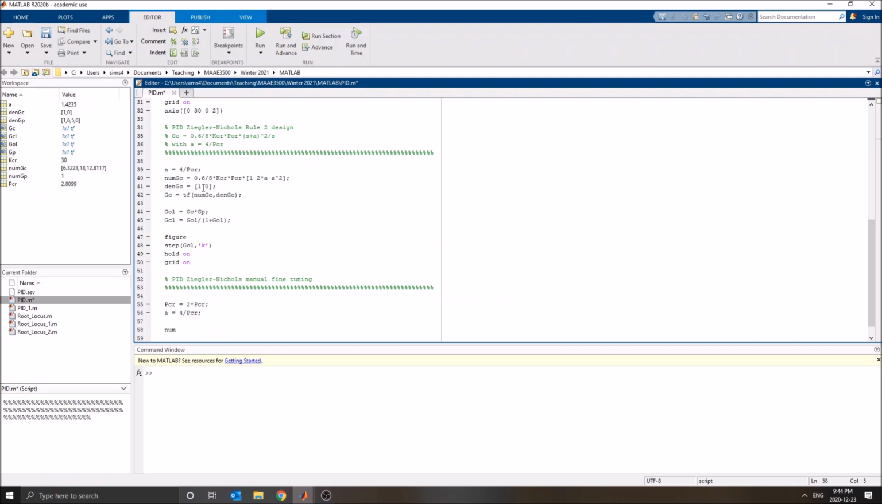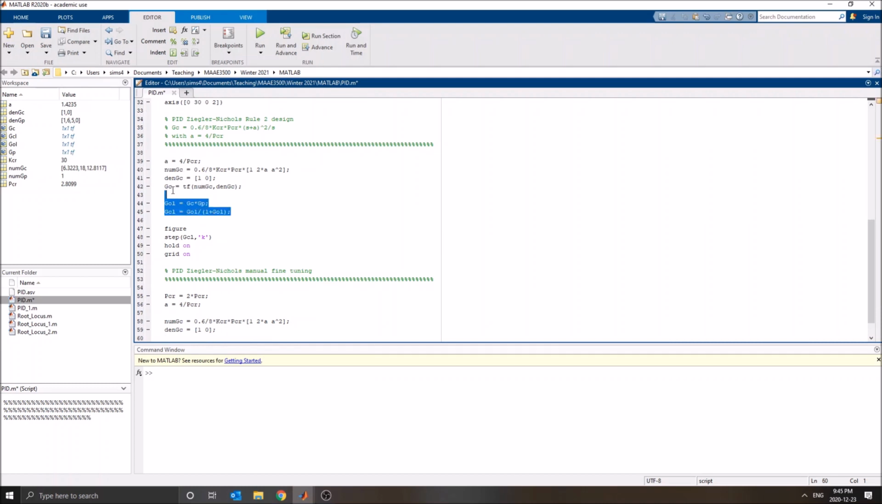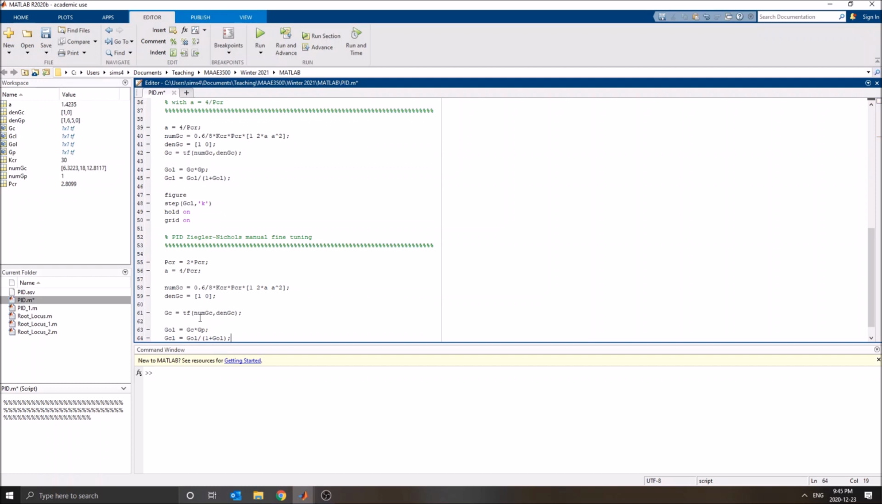So let's come up then with the new PID controller based on the new A and the new PCR values. So it's going to be the same analytical formula to come up with the numerator. So that would be S squared plus 2AS plus A squared for the numerator, and denominator remains the same, S plus 0. And then redefining the new transfer function of the controller,